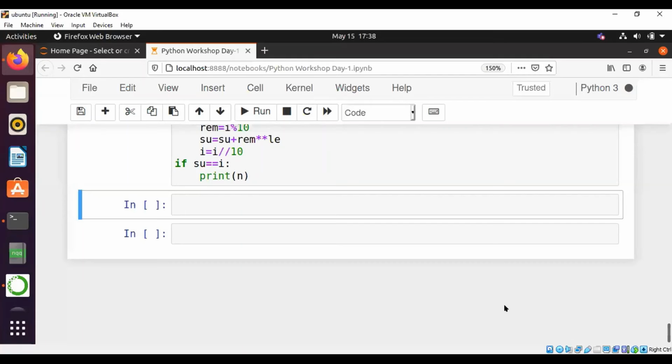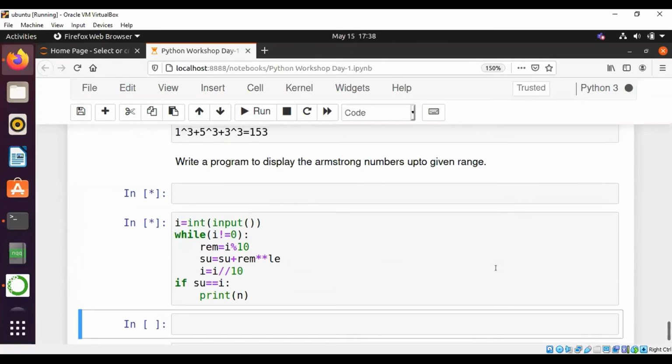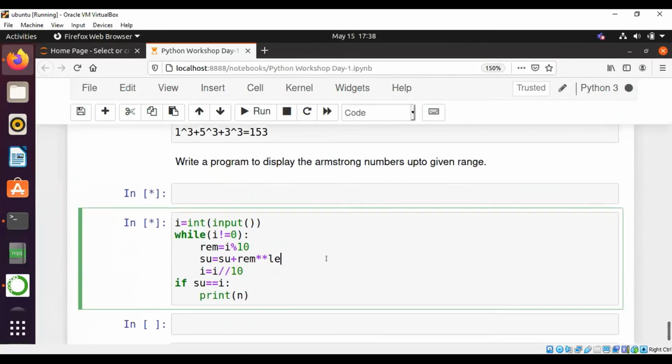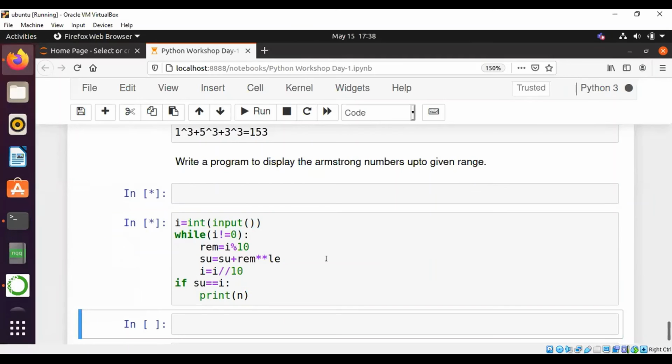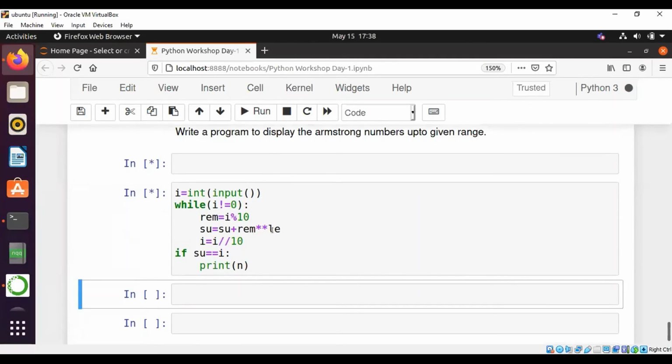Can you show me the question? No, it's an Armstrong number. It's not getting executed even. Okay, if I have time, I will explain it later. Yeah, if you have time, you can explain it later. Just display the Armstrong numbers up to the given range. Okay, okay. I think my interpreter is not good. It's not executing even. Okay, then I'm stopping sharing. You take over it.